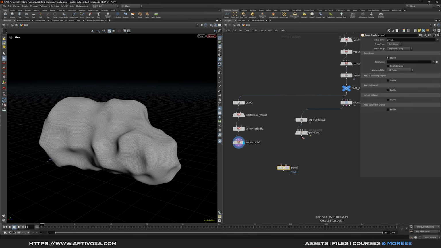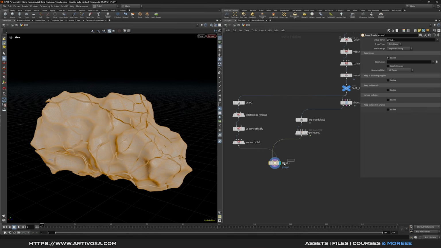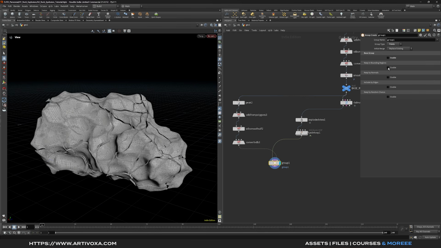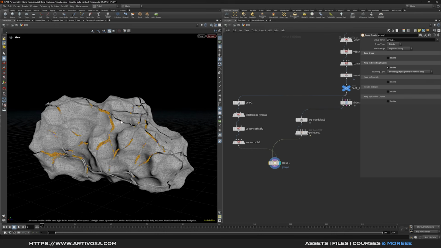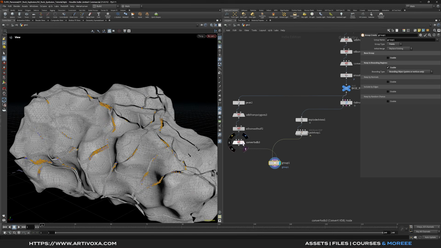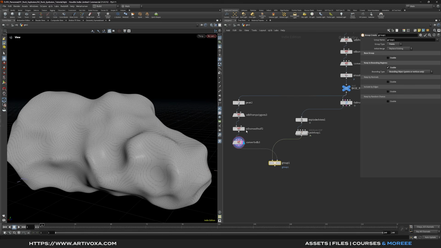And here you can plug the first rocks on the first input of the group node, and you can plug that to the second input. And here for the group, you can change it from primitive to points. And you can keep the name on group 1. So here you can disable the base group and you can enable keep in bounding regions. And here you can select bounding object. In that case, it will create a point group based on the objects that we have created with the VDB